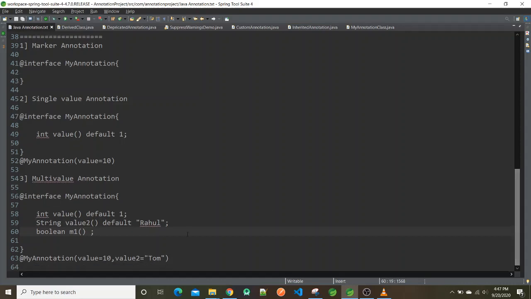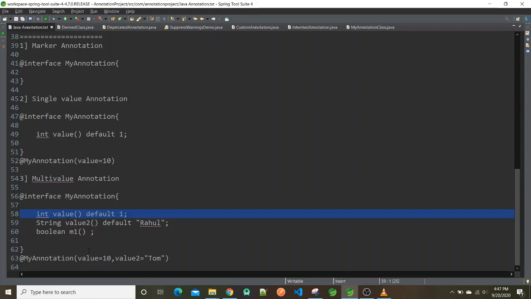So how can I use this? If you want to use those values from this annotation, you just write @ followed by the name of your annotation, and then the functions: value, value2 and m1.